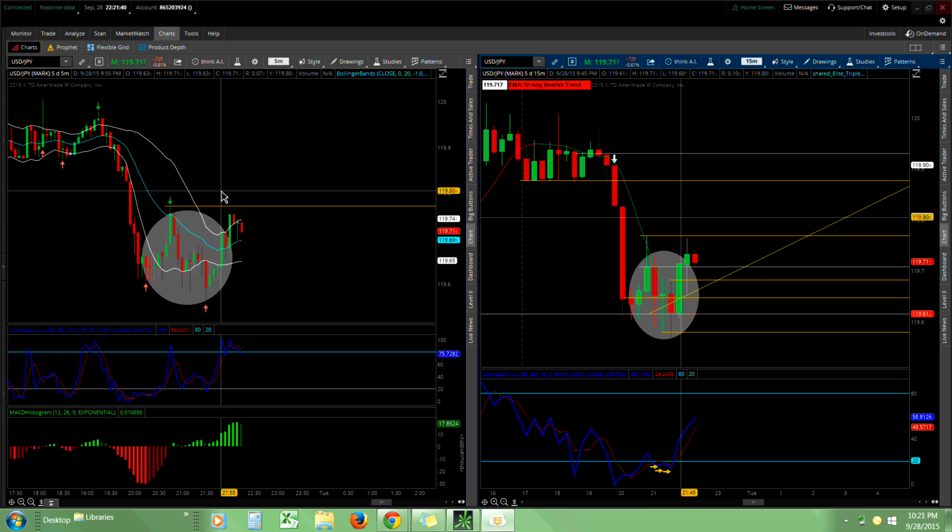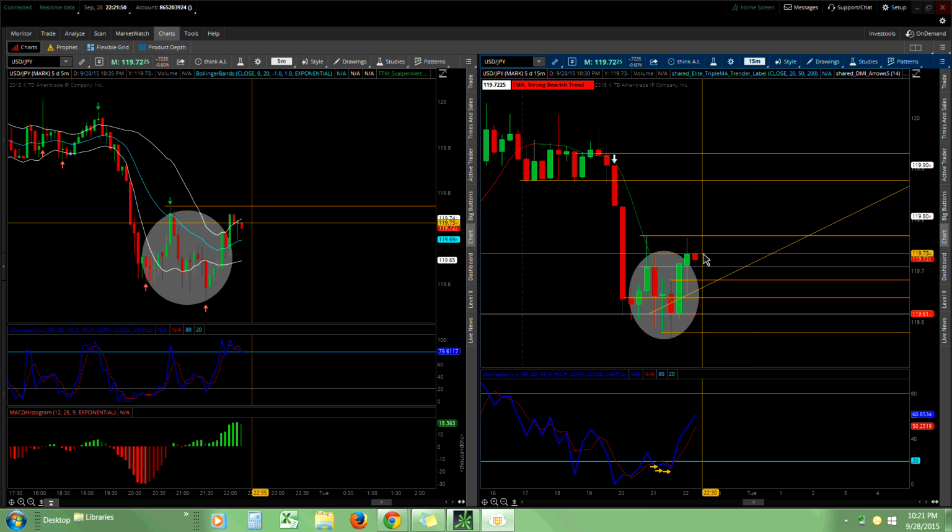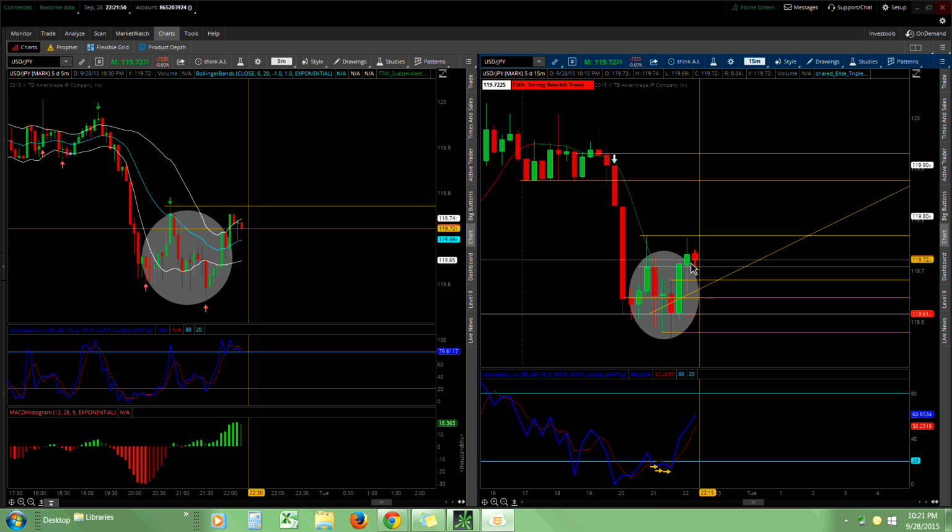So we actually have about 10 minutes on this trade here. I do sense now, if this candle, it's red, right? But what I like about this current candle is it's red, but it's still actually within the prior candle, which